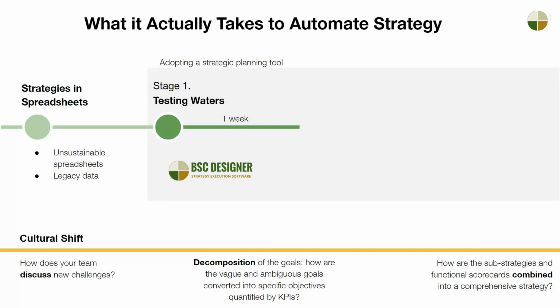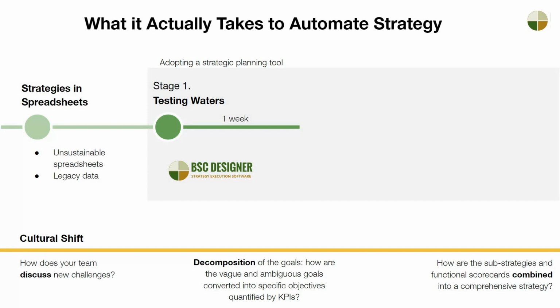In the early stages, the challenge of implementing strategic planning software is about finding the match between the strategy planning philosophy supported by the software and the mindset or expectations of the managerial team. At this stage, an advocate of strategic planning in the organization tries the software to find out how close it is to their ideal solution. It's a good time to arrange a live demo to get an initial impression of the tool and the team behind it.